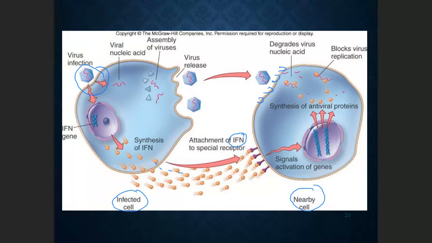So it's preparing. The interferon from the infected cell is just like a good neighbor. When a good neighbor, for example, gets robbed, he will call his neighbors and try to warn them: hey, I just got robbed, so make sure you lock your door, your windows, and so on. So interferon is just like a good neighbor that gives information to the other neighbors when they get the infection.